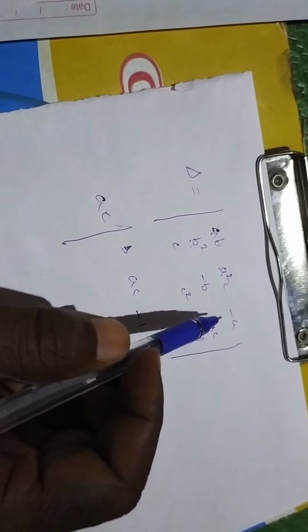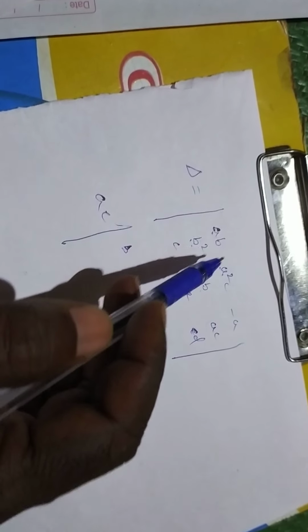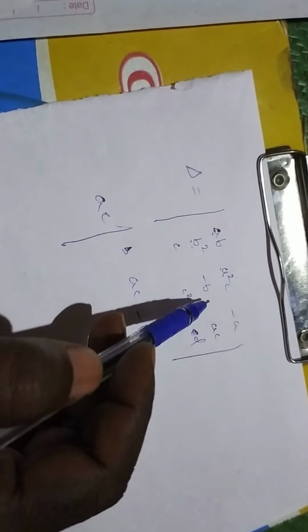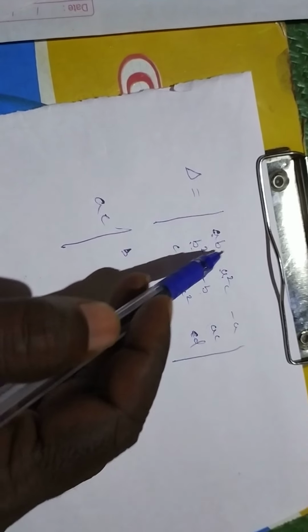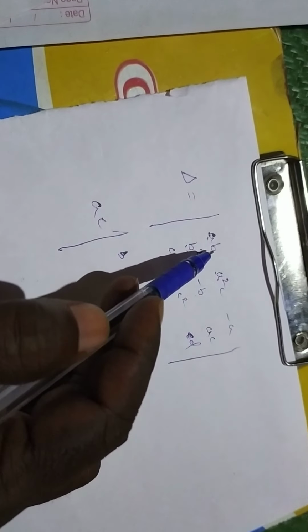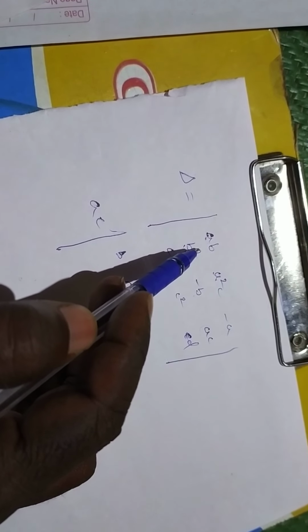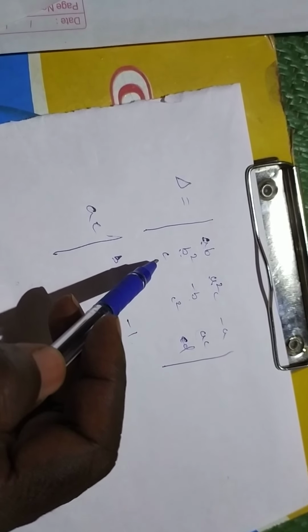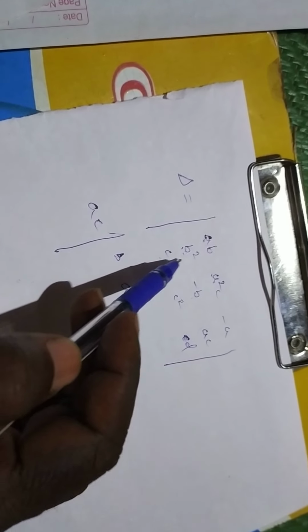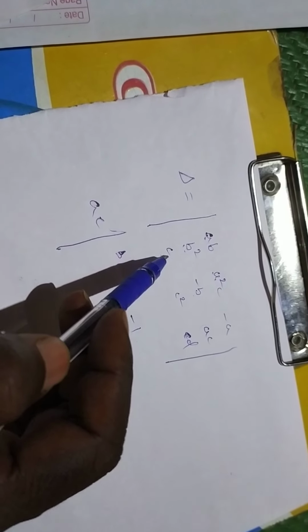Similarly, you can take any constant from any row or any column, but that element should exist throughout the row or throughout the column. But here, if you are going to take a common factor along a column, b does not exist throughout, hence you cannot take any common factor from c1.